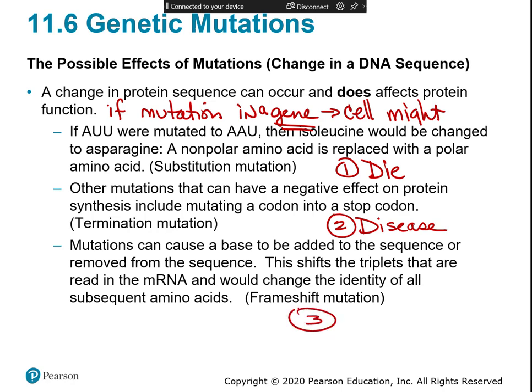Unfortunately, worst case scenario, well, I don't know, cells dying is pretty bad. If it's just that one cell, other cells might be able to pick up the slack. Disease, then you may end up having to have some kind of medical intervention for survival. But the other one is it may cause